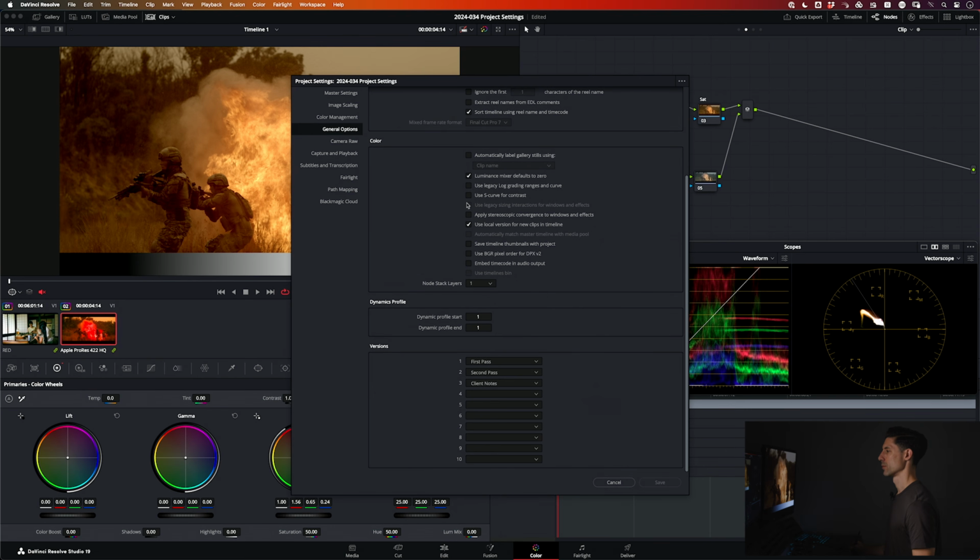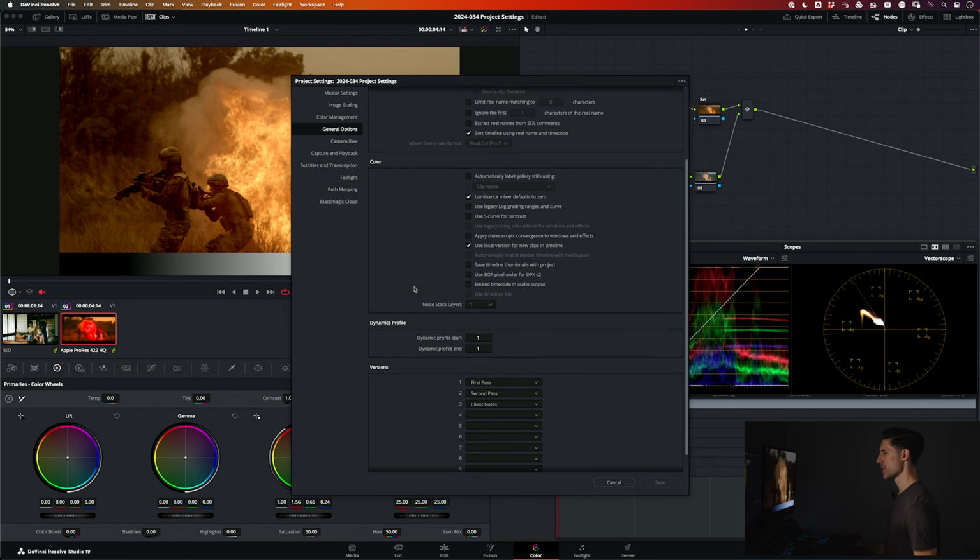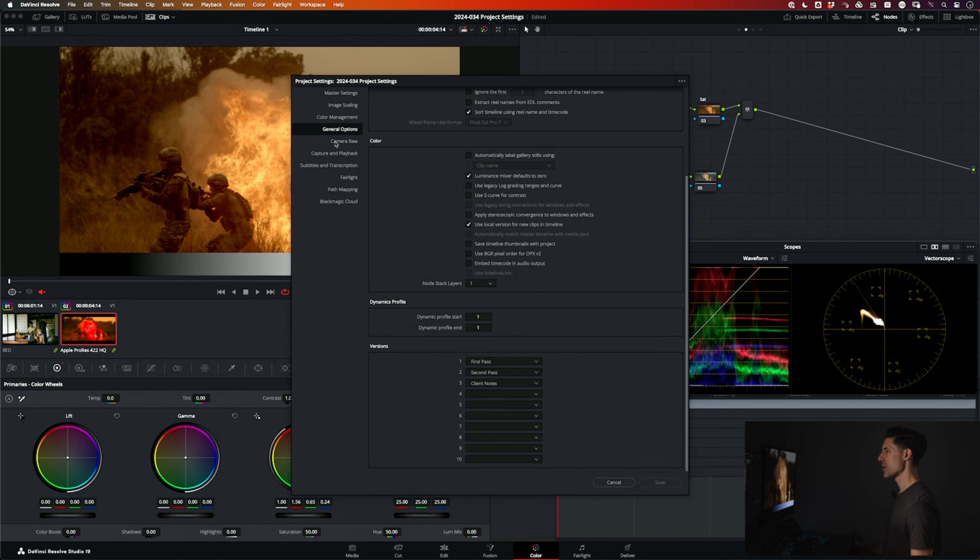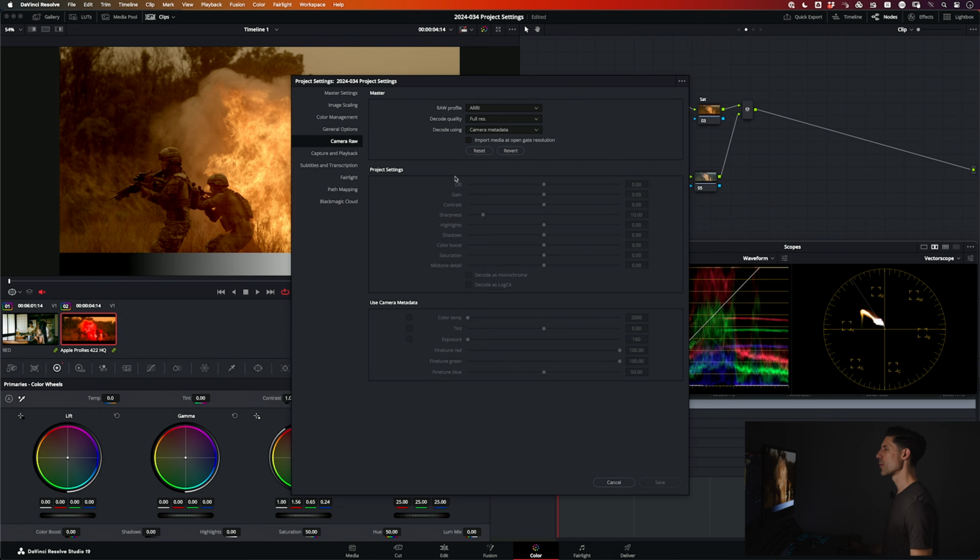Okay. Let's go back to our project settings and see what else we got. That's our general options. All right, let's go to our camera raw. We've talked about our camera raw before here on the channel, but this is a great opportunity to recap something that I used to find so confusing, and I think a lot of us find really confusing about the camera raw controls. This raw profile drop-down menu here,